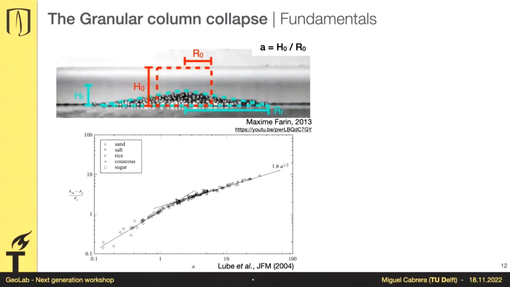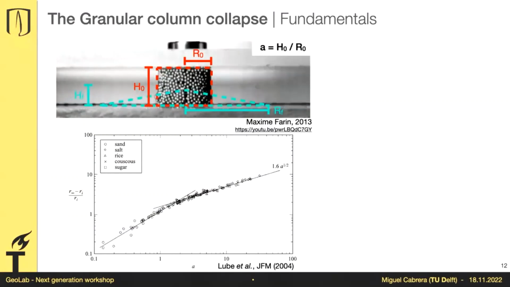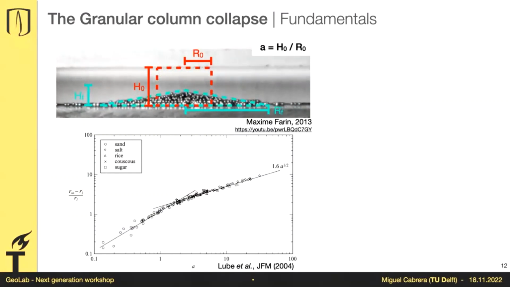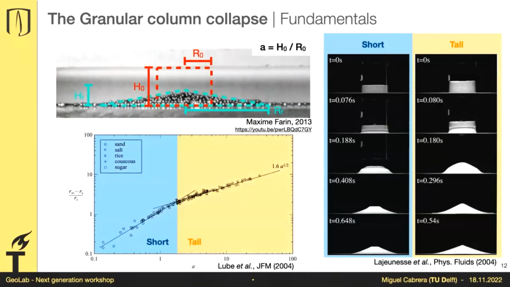Based on that, people have managed to make these two types of measurements to relate the initial geometry of the column, is called a granular column collapse, so the red rectangle, and relate it with the final geometry of the deposit, here this cyan triangle. Based on those two, what you have in the vertical axis is the final distance of runout versus the initial thickness of the column. And on the bottom, you have the aspect ratio, which is just the ratio of how high versus how width it was. Okay? Based on that, you can have two possible scenarios.